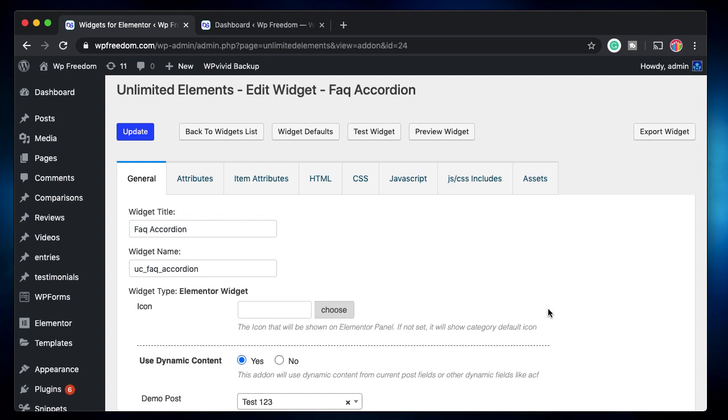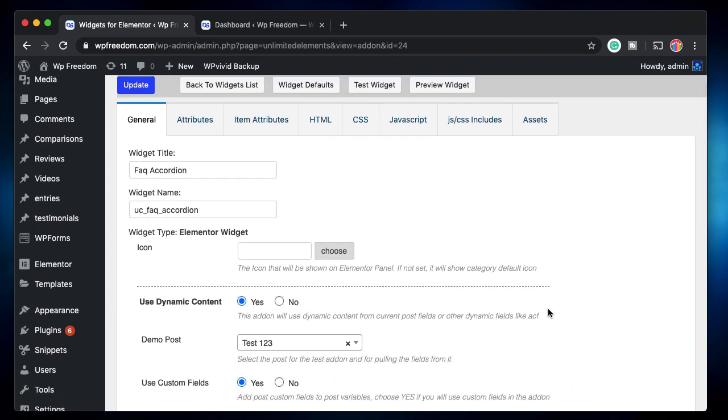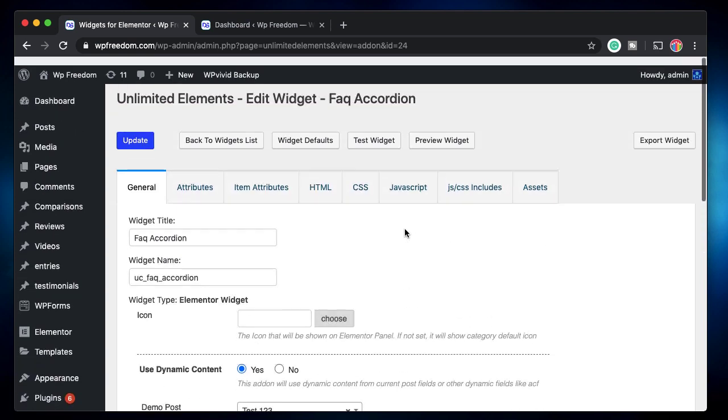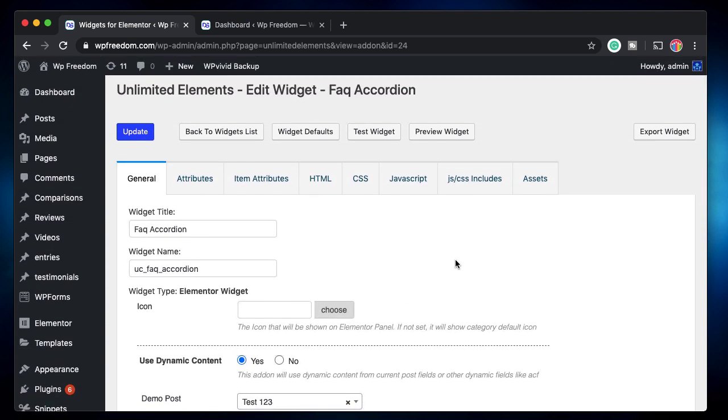That's really handy. So you can map other fields to the code in the Unlimited Elements widget creator, but you need a better understanding of HTML, CSS and JavaScript to do it. Well, it might frighten beginners a bit. So if you want a code-free experience and want to still design amazing templates using Elementor, you can go with the Dynamic Content plugin. You can simply drag and drop stuff instead of understanding this code and doing all these steps in Unlimited Elements. But this is just another way to work with Advanced Custom Fields Pro, repeater fields and Elementor.